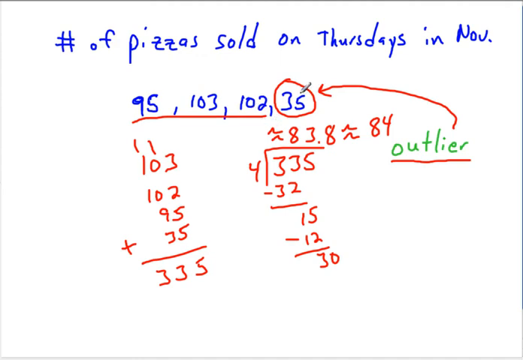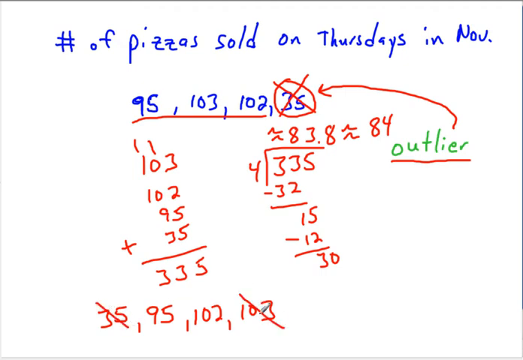A lot of times what people do is when they get an outlier with a bunch of data, they'll just throw it out. They'll just say, you know what, let's just pretend that wasn't there, and then we can average the rest, and I think we get a better prediction of how many pizzas we're going to sell tonight. So we can kind of get rid of that. Another option that works well with outliers is the median. So if we take these numbers and put them in order, so 35, 95, 102, and 103,